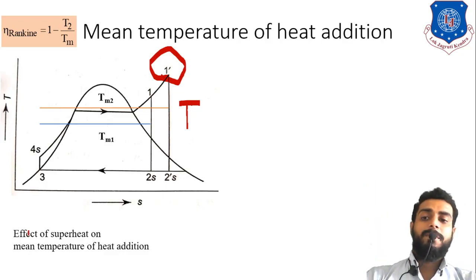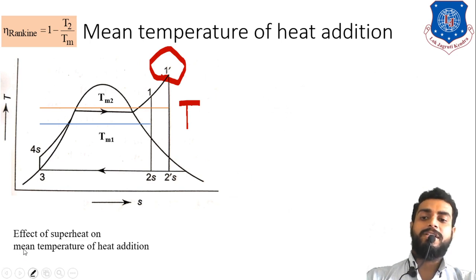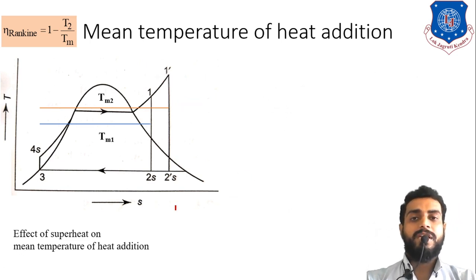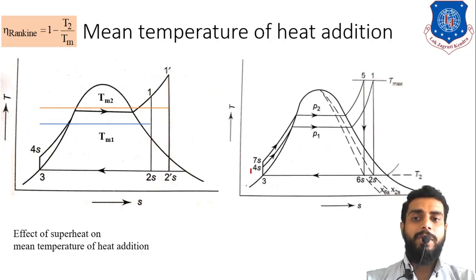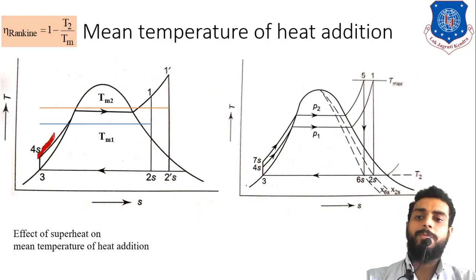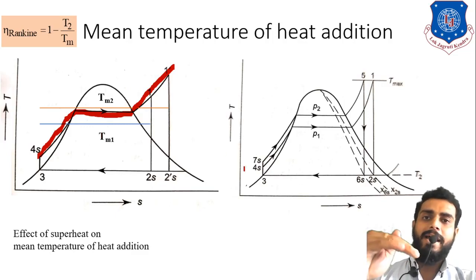But still we want to increase the efficiency of the Rankine cycle. So what shall we do? For that, what we can do is increase the pressure, because see over here, this whole process, that is 4s/1 or 4s/1 dash, was taking place at constant pressure, and in this case I have taken the example of 1 bar, right? So instead of 1 bar I am adding the heat at, let us say, 10 bar.